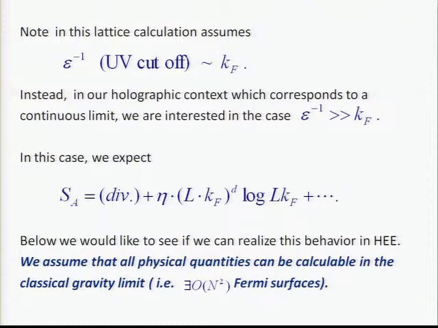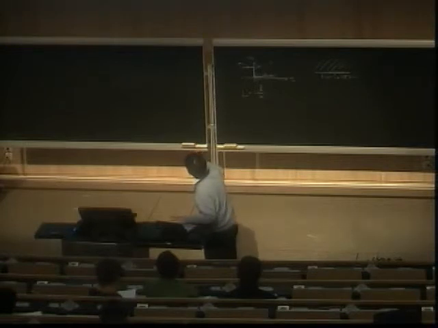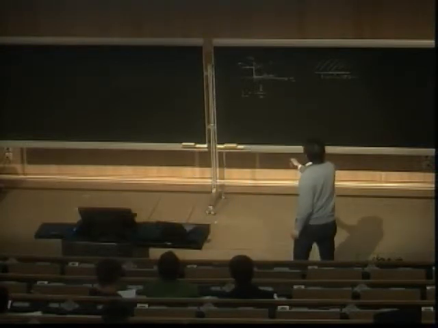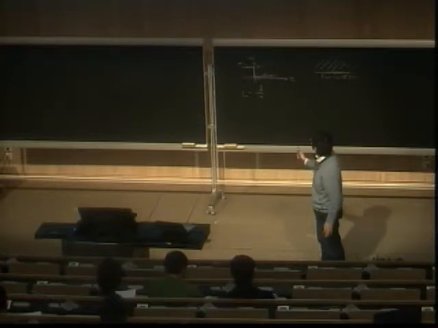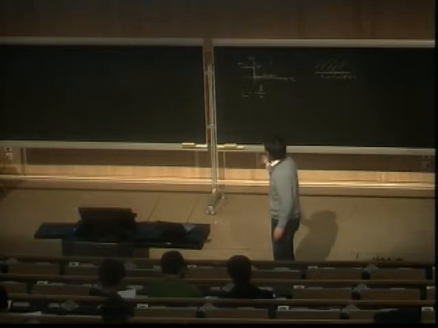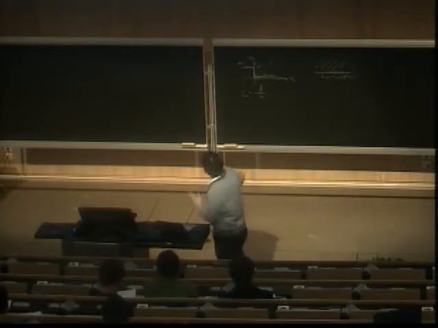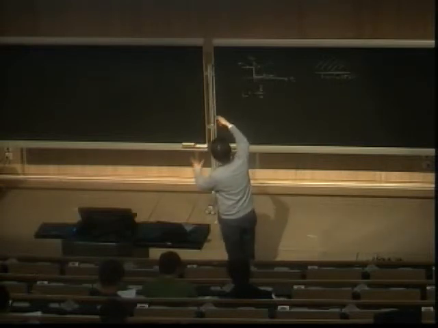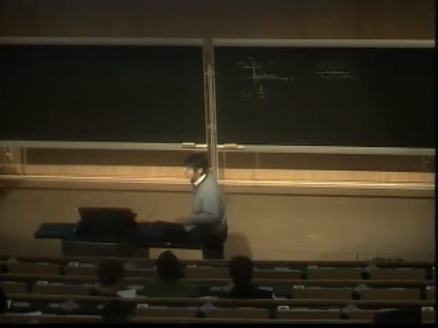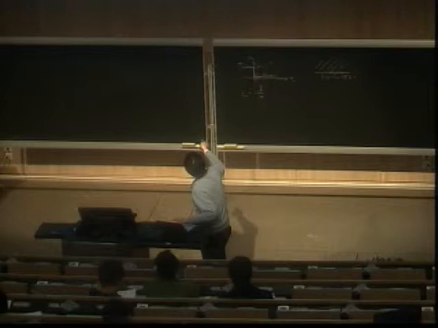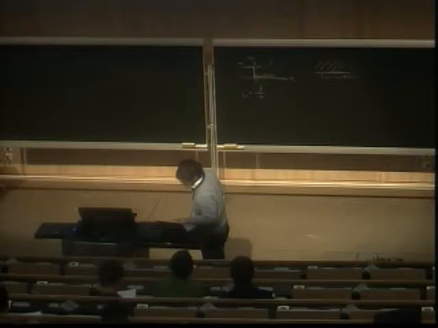In this case, this part naturally reduces to just a finite constant contribution. So the divergent piece, proportional to the area, is not modified logarithmically. The divergent part is the same, but the logarithmic part appears in the finite part of the entanglement entropy. L is the size of the subsystem, kF is the Fermi momentum, and again a log term also appears. Sorry, I should say d minus 1. I mixed it up with some other convention. So the divergent part is just proportional to the area.